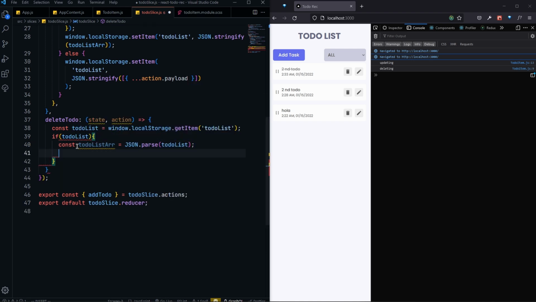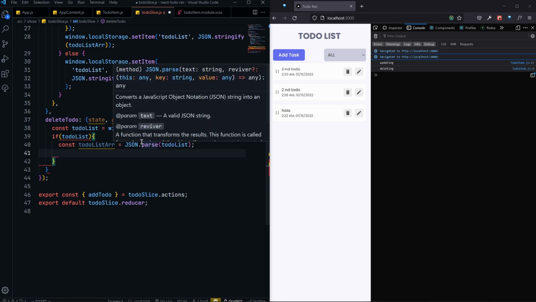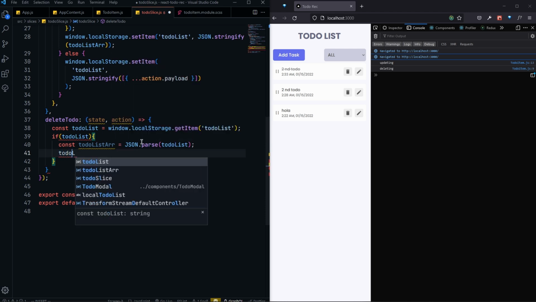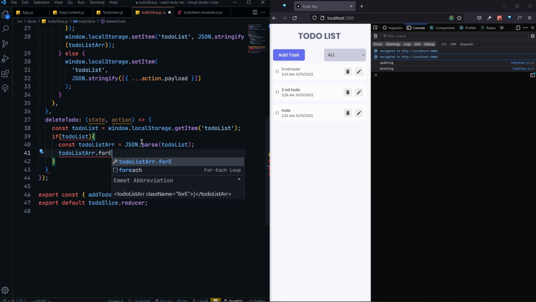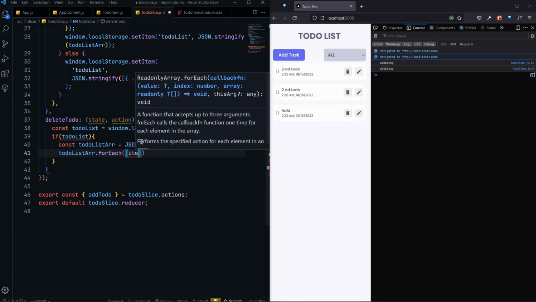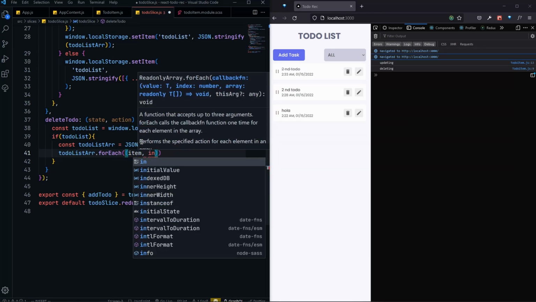After that, we need to check which one we want to delete. For that, we will pass the ID in this action payload, so we can check with that. So todoListArray.forEach. We will loop through each of them, and here for our individual to-do and also the index,